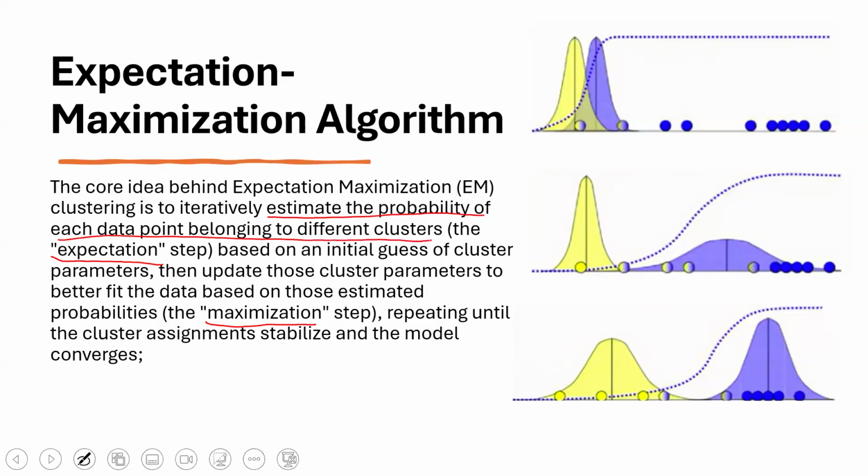So that is what we do in the estimation step. And in the maximization step, we update those cluster parameters to better fit the data based on these estimated probabilities. So in the expectation step, we estimate the cluster parameters. Okay. So let's suppose, if you take this example,